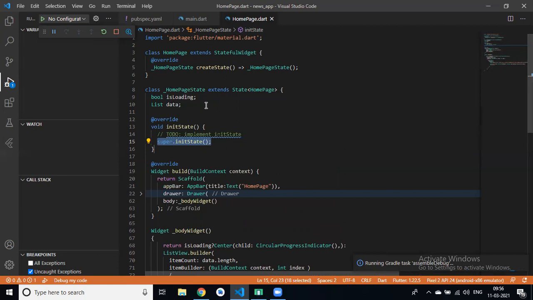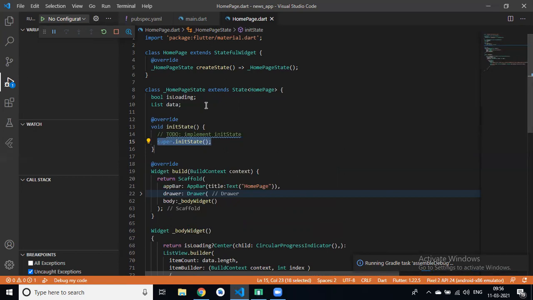Why do we need this method? It will work as a runtime function. We need to call it only once. It will work the same as a constructor.